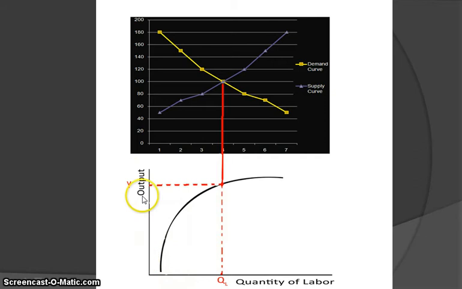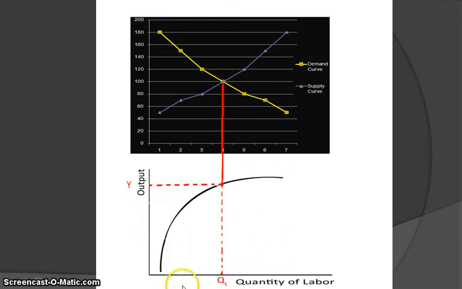This axis, however, looks at output. This axis looks at the real wage. So what we're saying here currently is this. At a real wage of 100, 4 workers are employed. When 4 workers are employed, that is, the quantity of labor in this market is 4, you have a level of output that is this high. So we realize that at equilibrium, the level of employment is determined